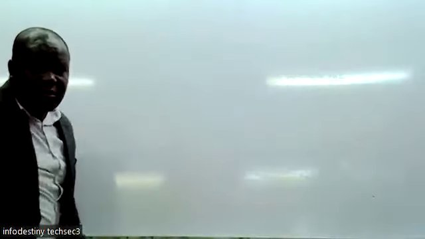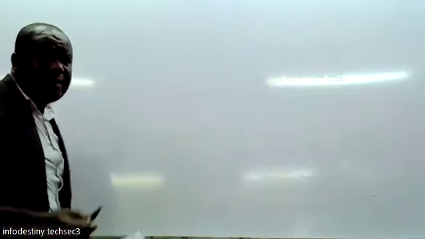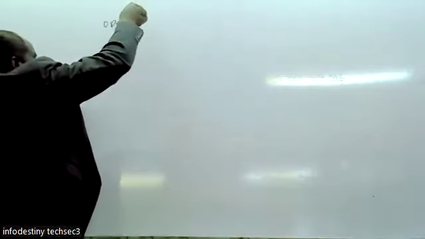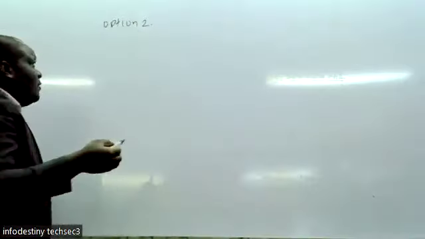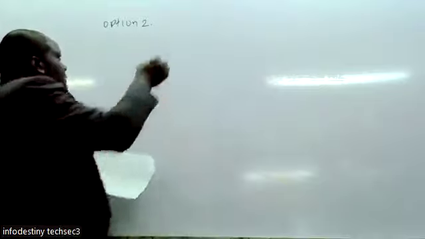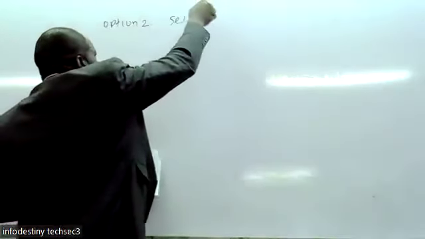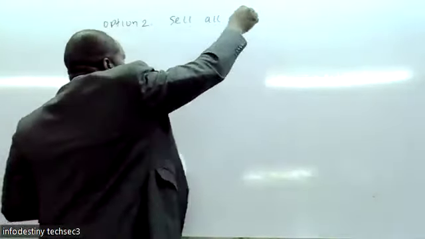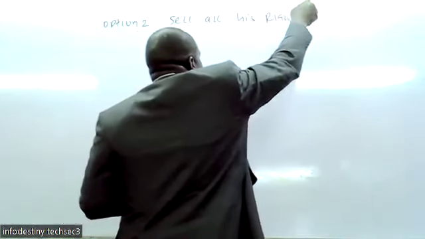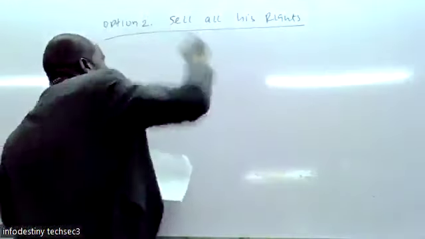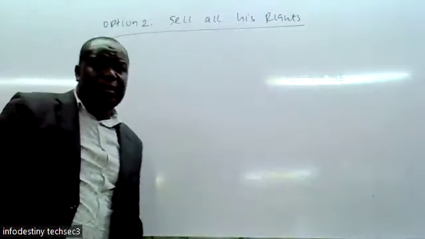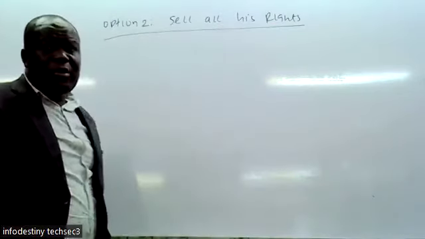So we now check Roman letter 4, the same as our option 2, which is sell all his rights. So when he sells all his rights, he sold the